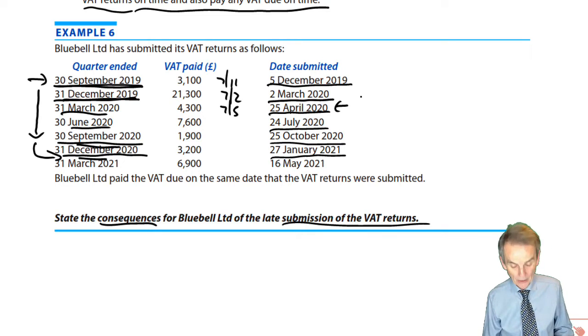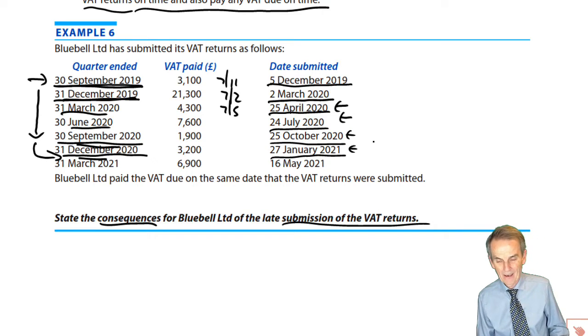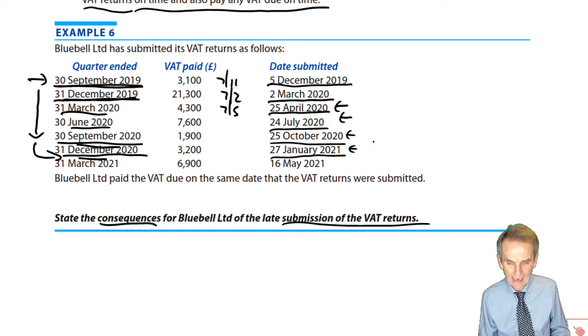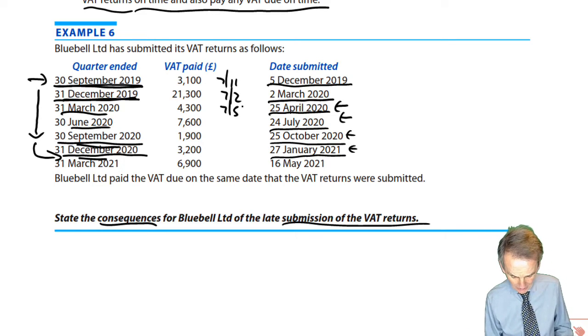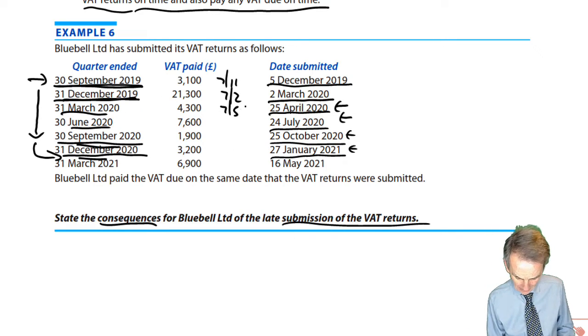It was in fact the 25th of April, so we've submitted on time. You repeat that exercise in relation to those there. I say those specifically to begin with. If we have met the required submission date and payment date within those next 4 return periods, as we have